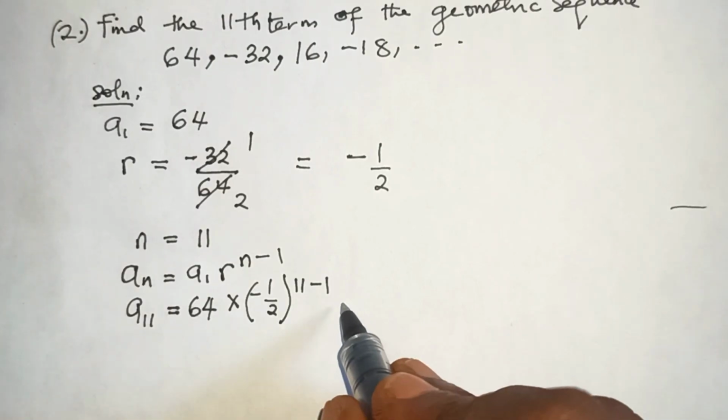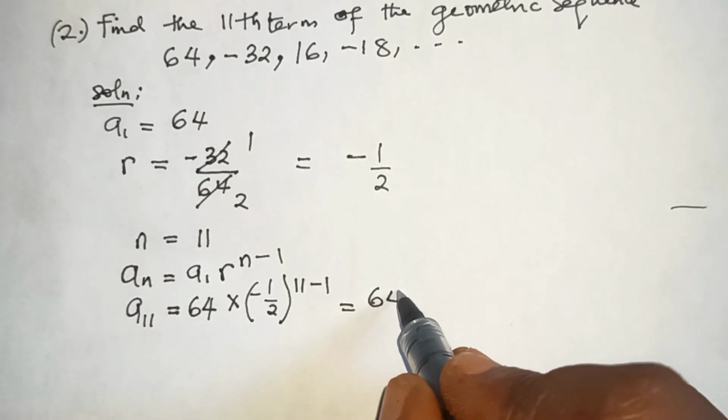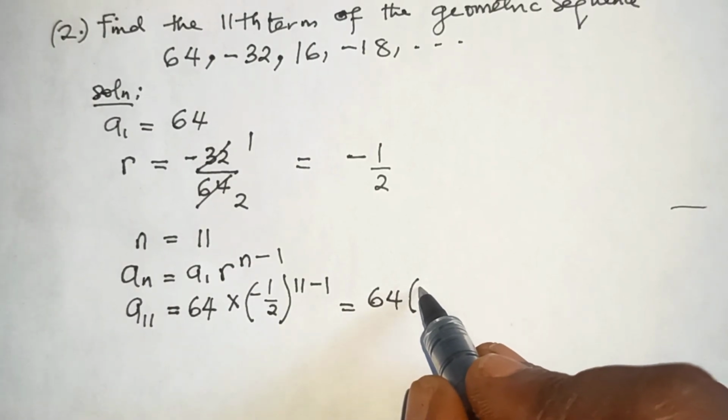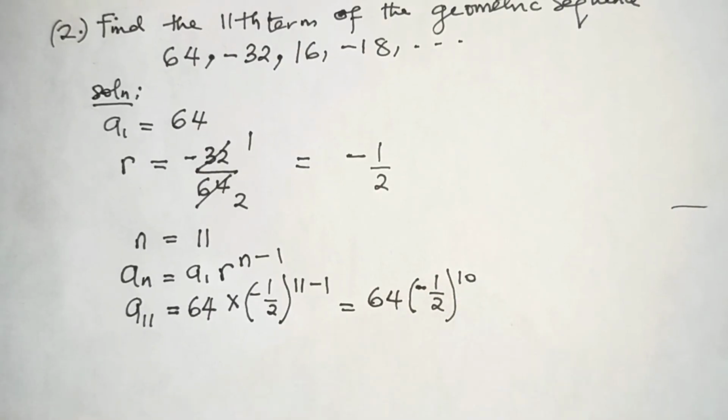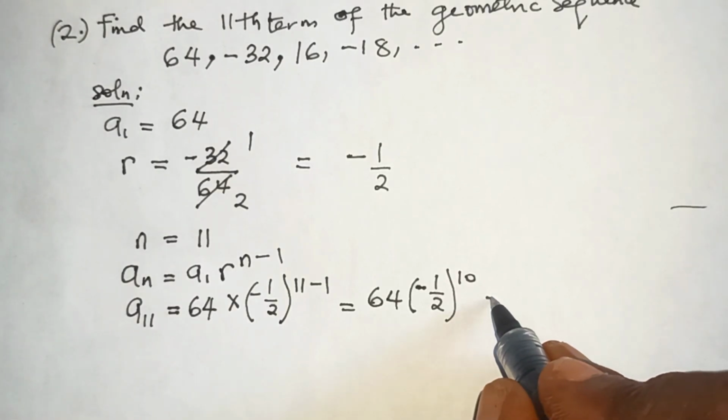So this will be equal to 64 times minus 1 over 2 raised to power 10. So if we simplify further, we will have